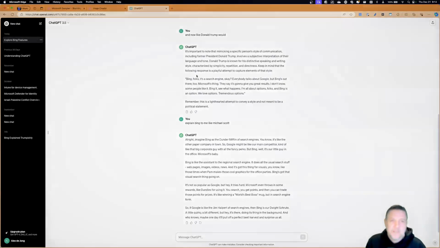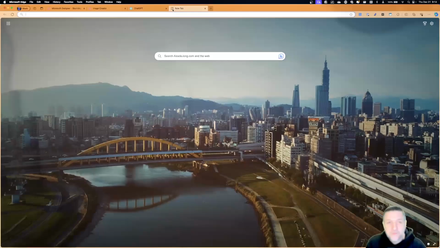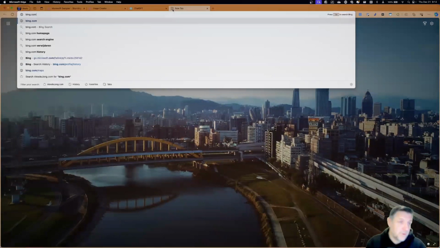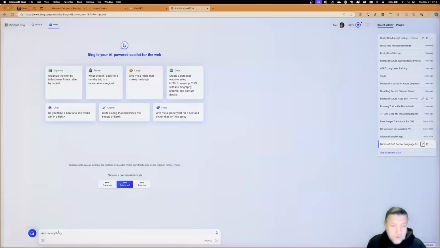Now, if you do not have access to ChatGPT, then you might want to just go and open up Bing, because in Bing we also have a chat function. And here we have sort of a ChatGPT, the Bing way. However, if you ask the same kind of questions here in, let's say, the Microsoft Bing Copilot version, we could say, hey, explain Bing to me like Michael Scott. What we then will see